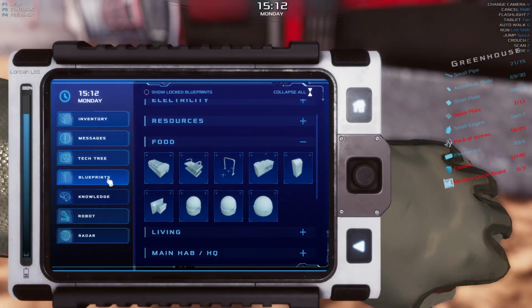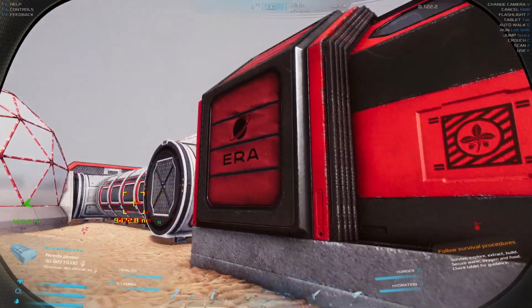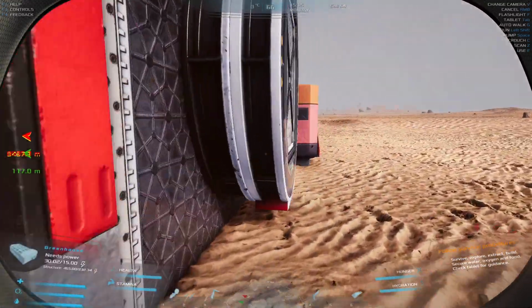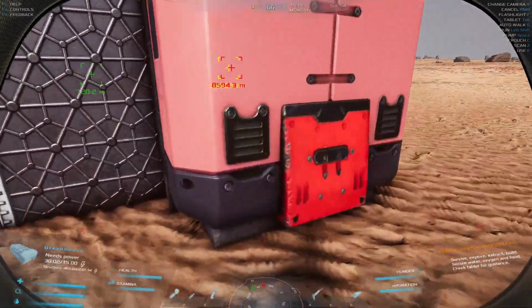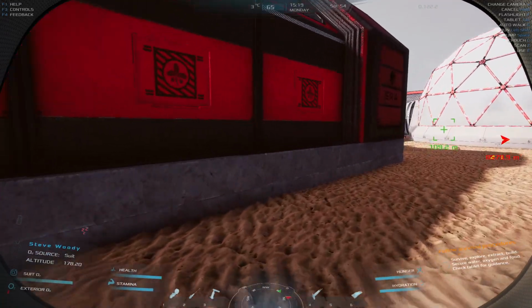So let me just go into the blueprints here. There you go, remove that. So this is the greenhouse. This is what it looks like from the outside. It's a really nice looking building. We're going to walk around. You can't do anything with this at the back here. Also, if we come to this side,